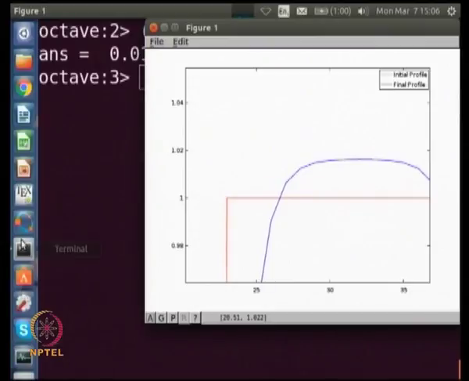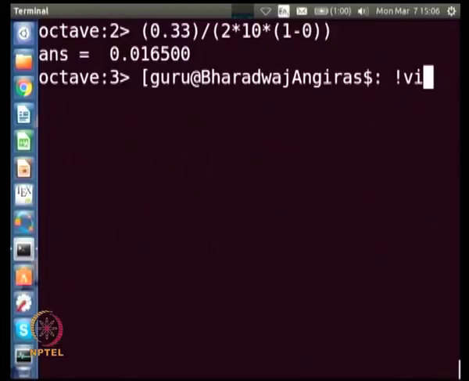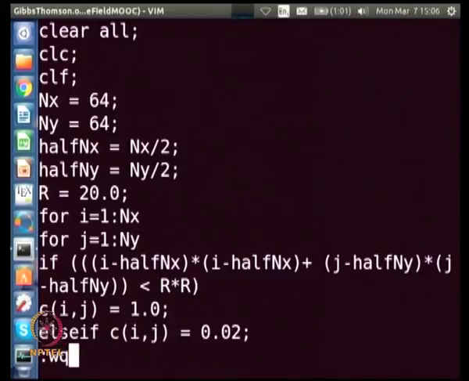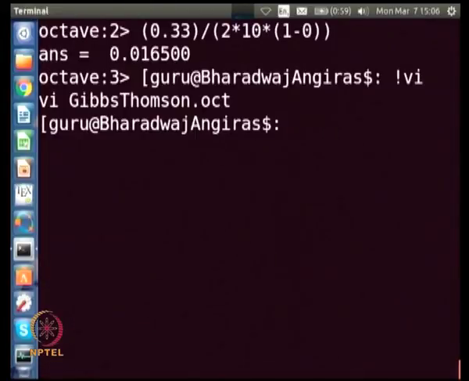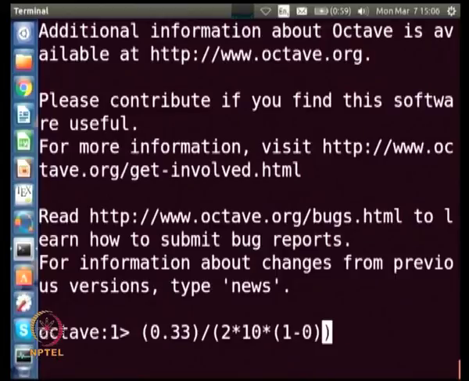For example, if you make the radius of the precipitate to be say 20, then we should expect the increase in composition to fall by a factor of 2. So, let us see whether it does that, because now instead of 10 we have 20.